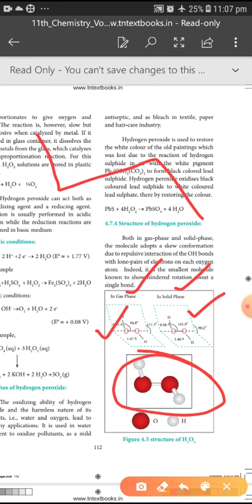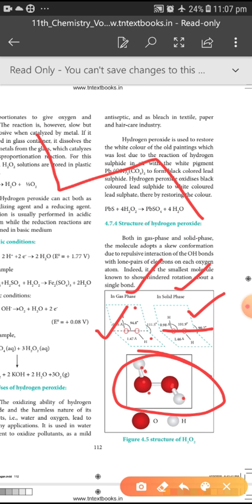Structurally, hydrogen peroxide is represented by the dihydroxyl formula in which the two OH groups do not lie in the same plane. One way of explaining the shape of hydrogen peroxide is that the hydrogen atoms lie on the pages of a partially opened book, with the oxygen atoms along the spine.